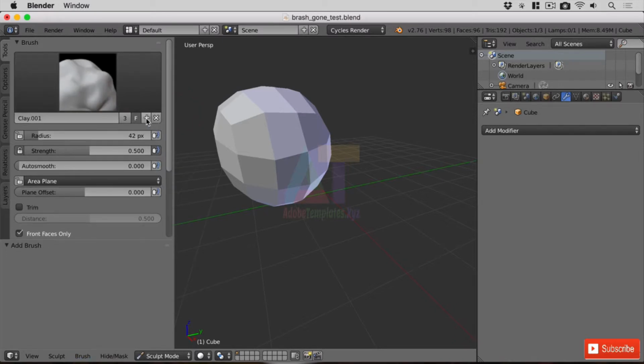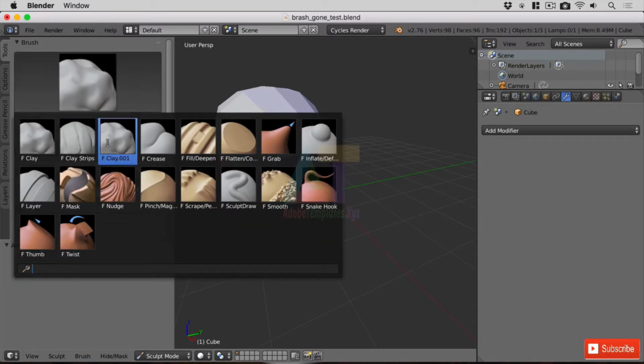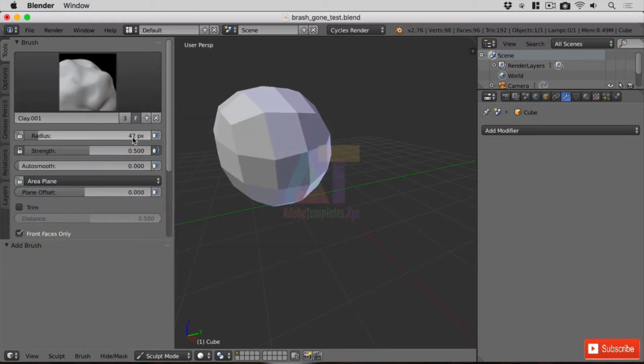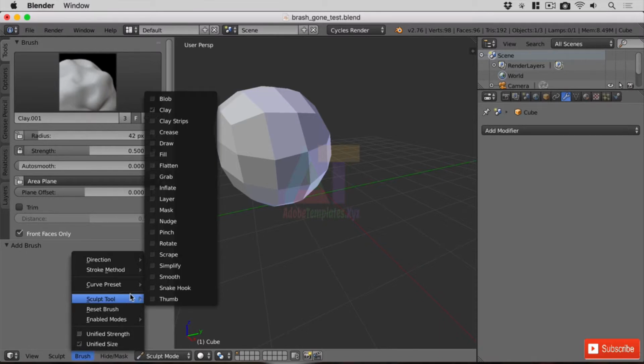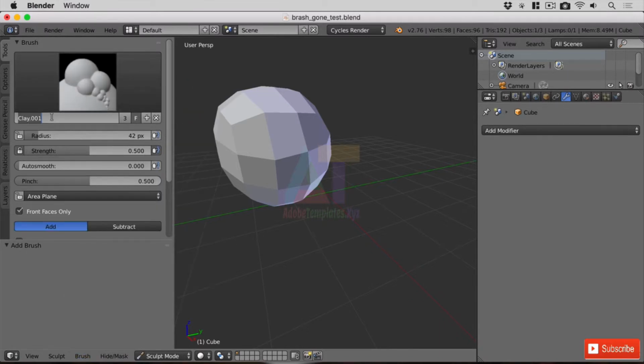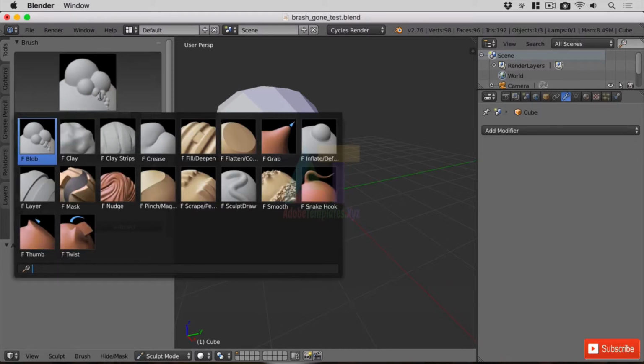Okay, so we need to click the plus, so we've got Clay 001, and you can see that's here. And with that one selected, we can go in and go Brush, Sculpt Tool, Blob, and of course rename it here to Blob. So if you wanted to modify your tools and you actually found a brush type you liked and you were working with lots, you could go ahead and create a custom type. And now you can see there are Fs all across these. That means it's got a fake user, so that when you close Blender down and open it back up again,